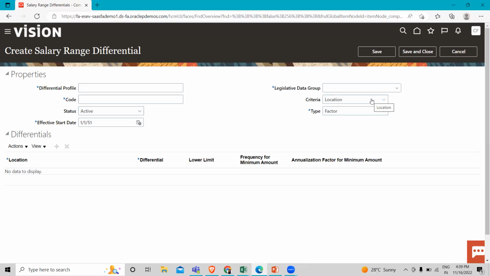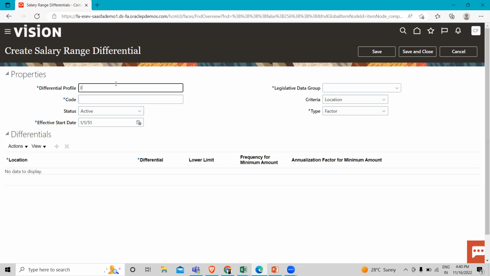And you can select the granularity that best supports your salary policies and processes, like location, business unit and location, or business unit and compensation zone. And here you can see the type. To configure the differential to apply factors to the existing grade rate, select the factor here. And to configure the differential to apply alternate grade rates in place of the grade rate associated with the salary basis, select the grade rate. So let's create one differential as an example.